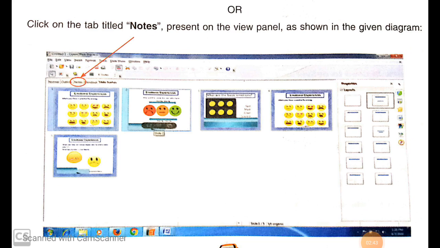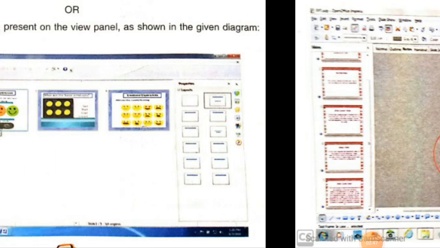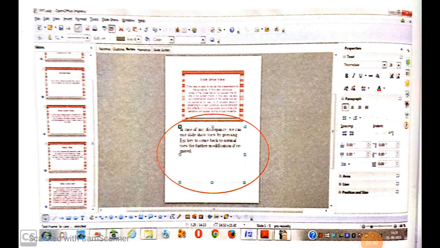A rectangular text box will appear below the slide as shown below, which can be used to write any text related to this slide for future reference.